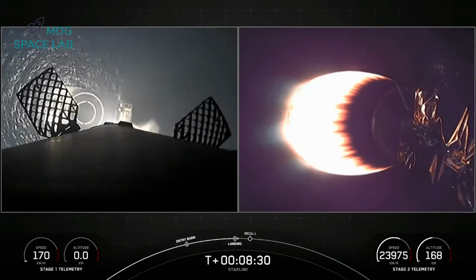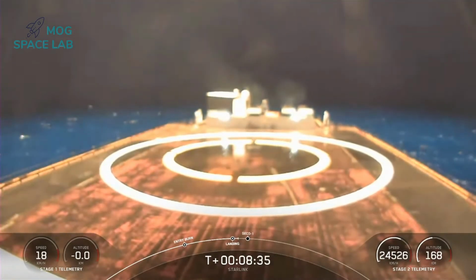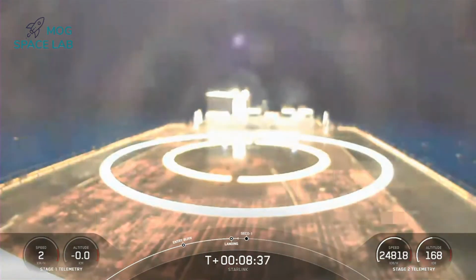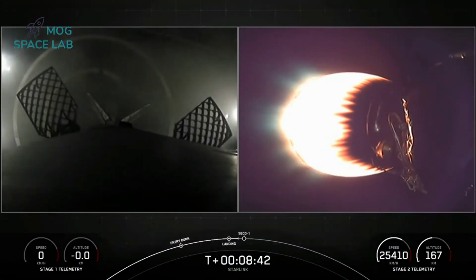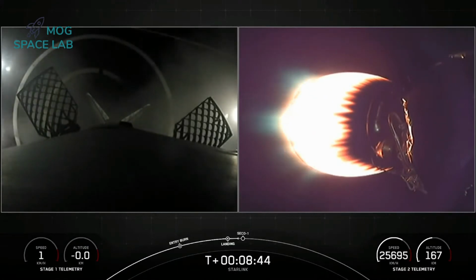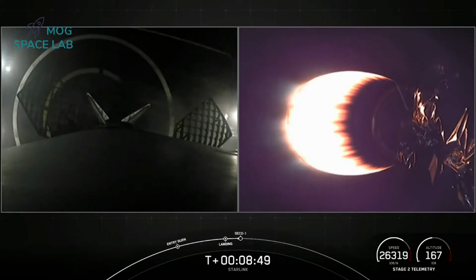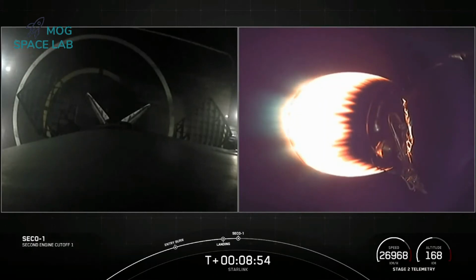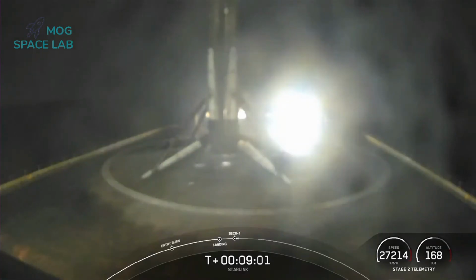And a really cool onboard view. Stage 1 landing leg deploy. And there you can see the first stage Falcon 9 has landed for its 7th time. This marks our 81st successful recovery of an orbital class rocket, and again, the 7th flight and 7th landing of this booster. And then we heard a good call out for SECO. That second engine